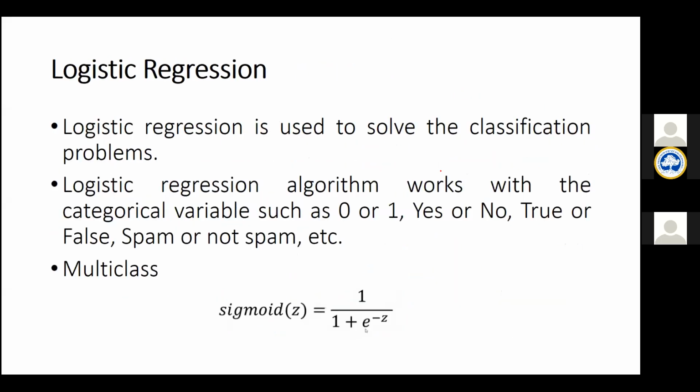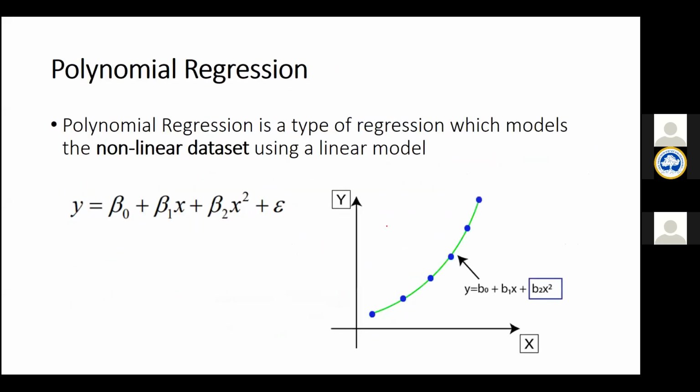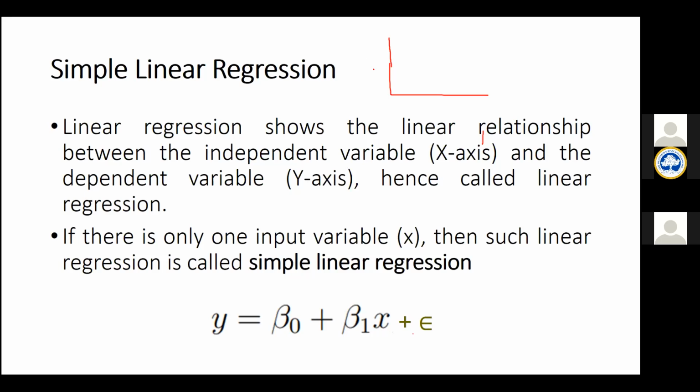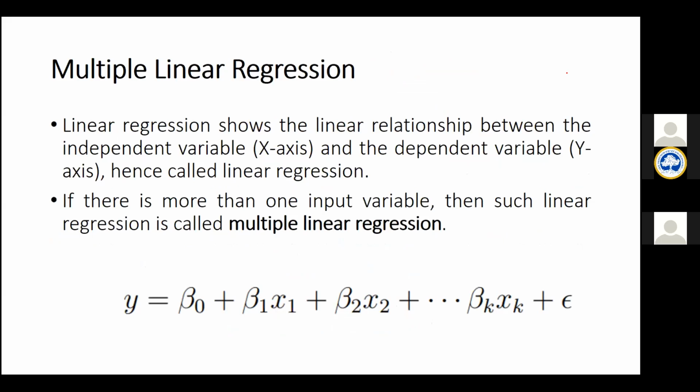anyway, I'm going to give an explanation. In a simple linear regression, I have a y-axis and an x-axis. Beta naught is the intercept, and beta 1 is the slope. The error is the random error. In that case, I can go for simple linear regression: a linear relationship between the independent variable and the dependent variable. The only difference between multiple linear and simple linear is that in multiple linear regression,